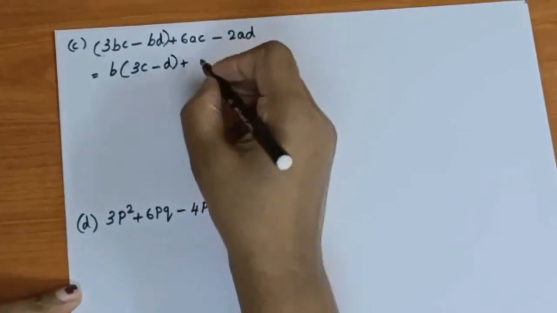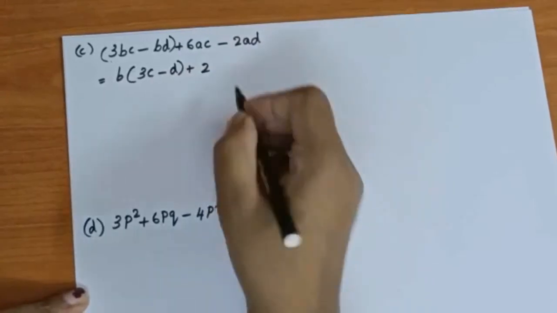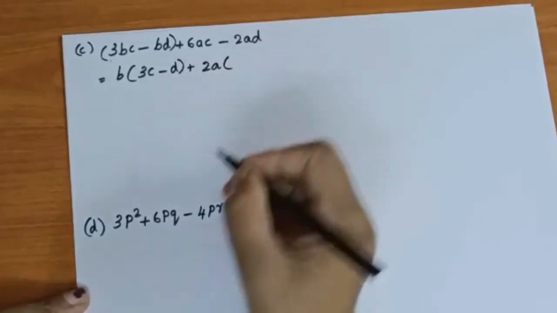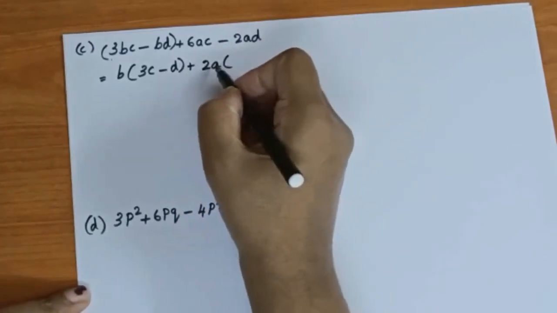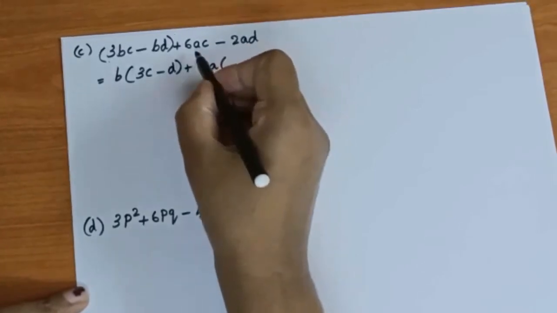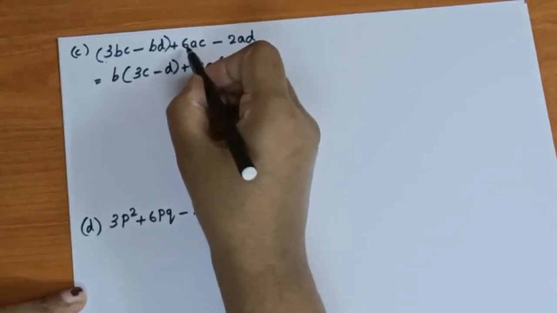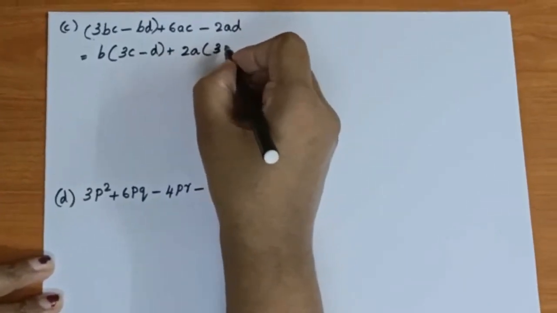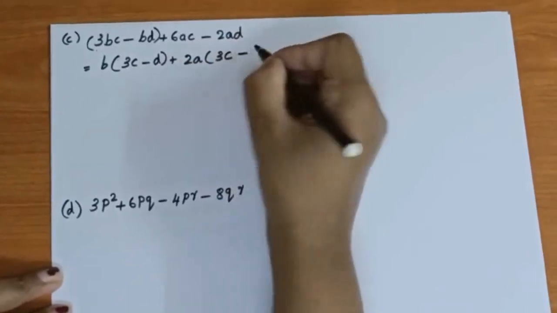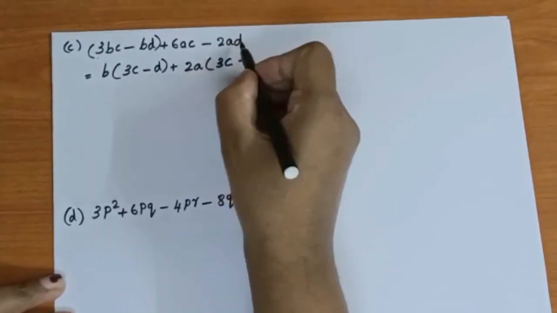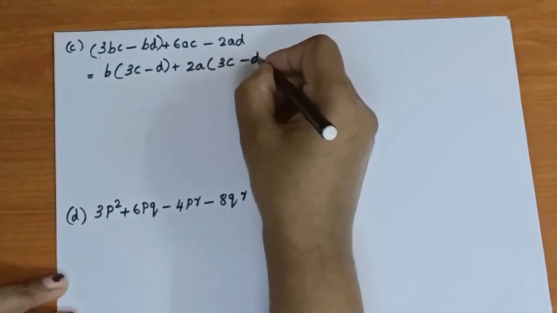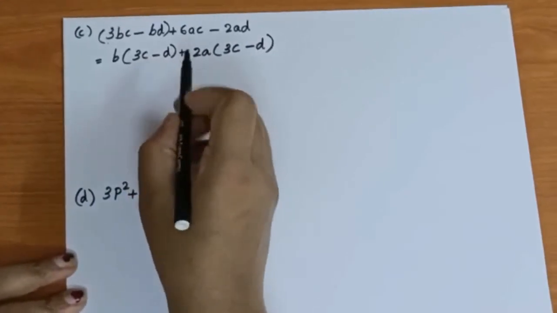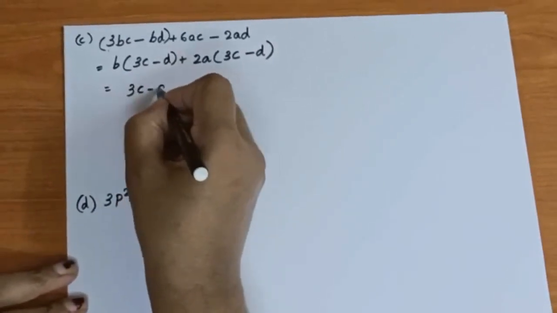6 and 2 are there in table 2, so we can take table 2 outside. a here, a also here, so we can take a, and start the bracket. When we are taking 2a outside, what will be balance from this term? 2 table where 6: 2 3s are 6, so 3, and c is balanced. So 3c minus, when we are taking 2a outside, d is balanced here. So here d. Now from these two terms, 3c minus d is the common thing, so we can take 3c minus d outside.